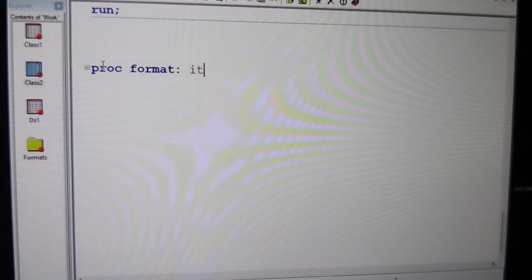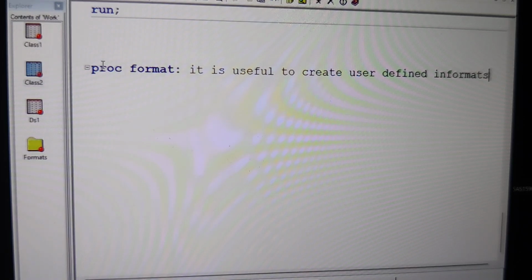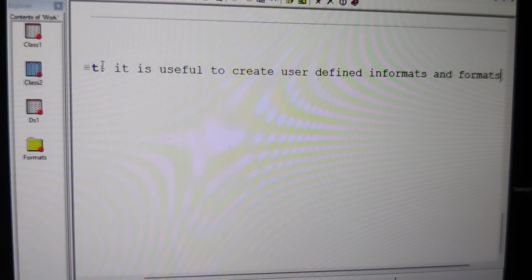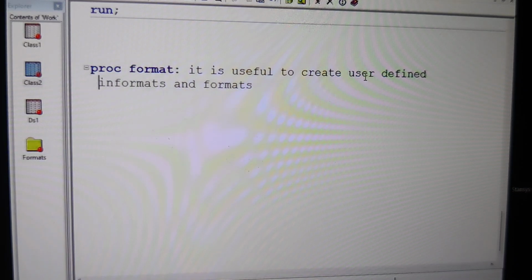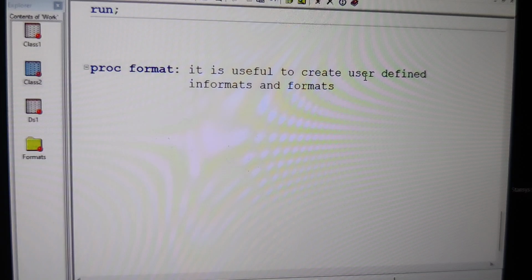It is useful to create user-defined informats and formats. Not only that, proc format is useful